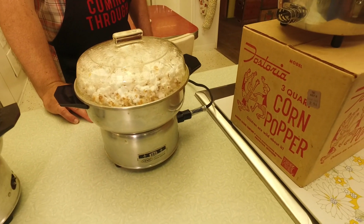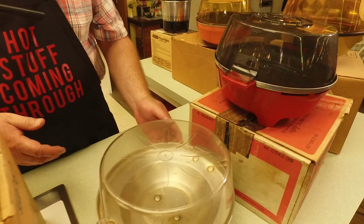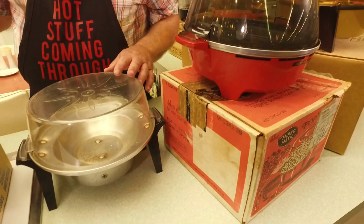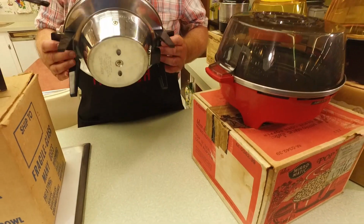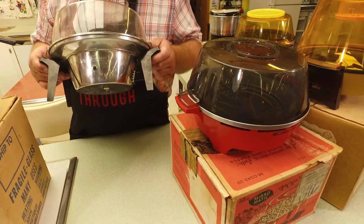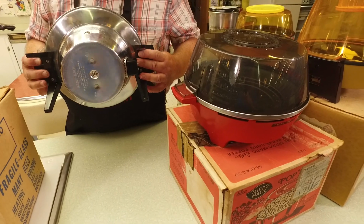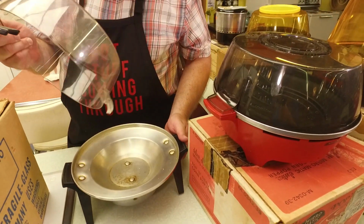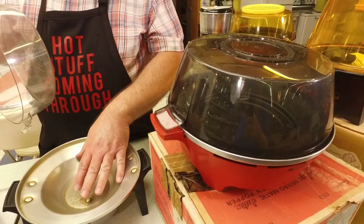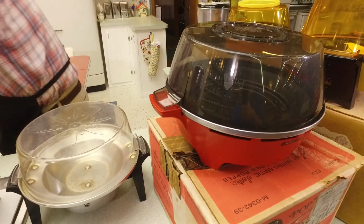Oh, it's still popping. All right, let's do one more, Mayor. Let's show our friends this. So they eventually evolved into a larger unit. They almost started looking like spaceships, didn't they? Yeah. Didn't they kind of look like a flying saucer? This is a Mirromatic, and you can see now it has a plastic lid instead of glass. But again, same idea. Okay, I'm going to unplug it because now I think it is done